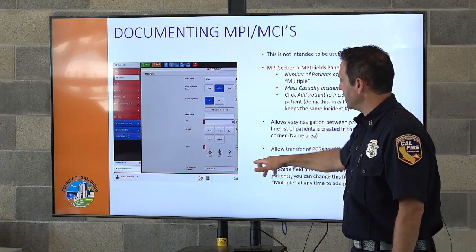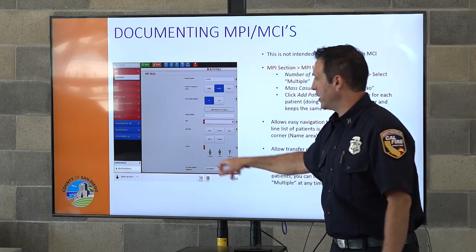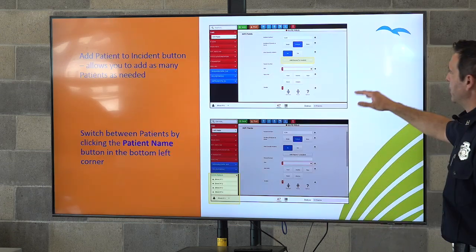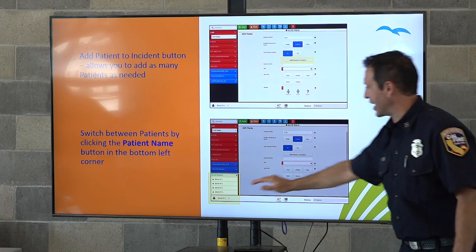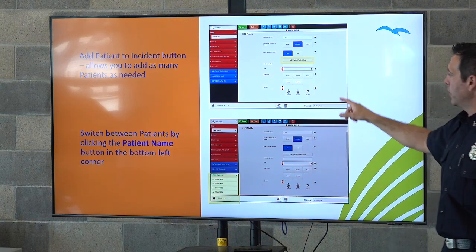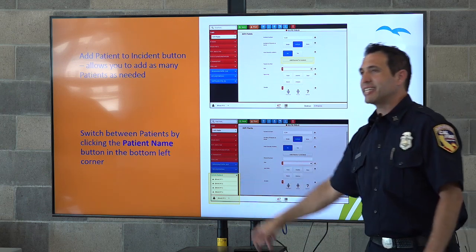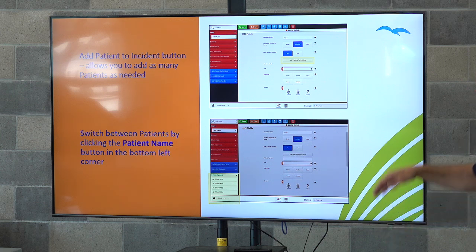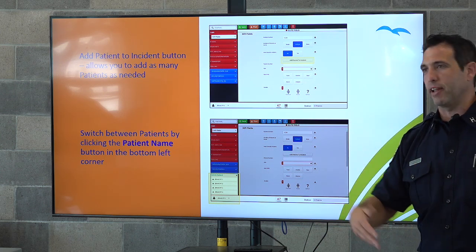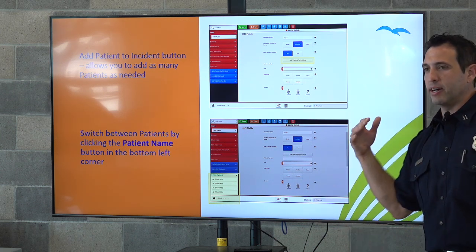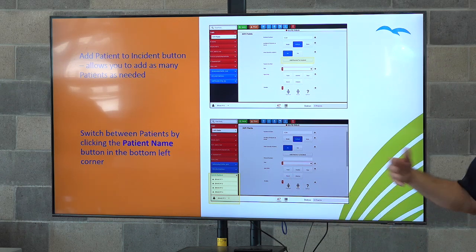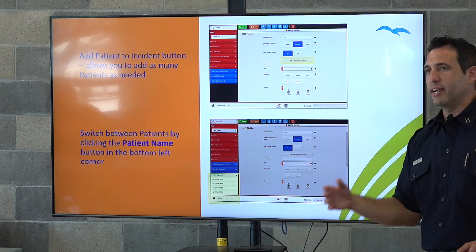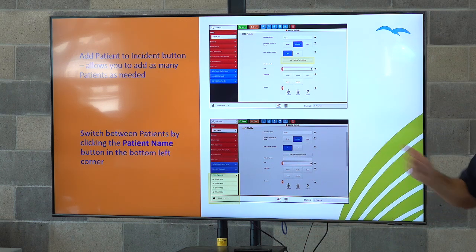When you add a patient, the last name is what populates in the bottom left-hand corner. So as they're stacking up, you hit add a patient, add a patient, add a patient. They start stacking up here in the bottom. You want to go into that last name and say something that lets you know what patient you're working on. So I'll do something like patient number 1 is left leg, patient number 2, kid, patient number 3, headlock, patient number 4, minor, or whatever, however you want to word it,